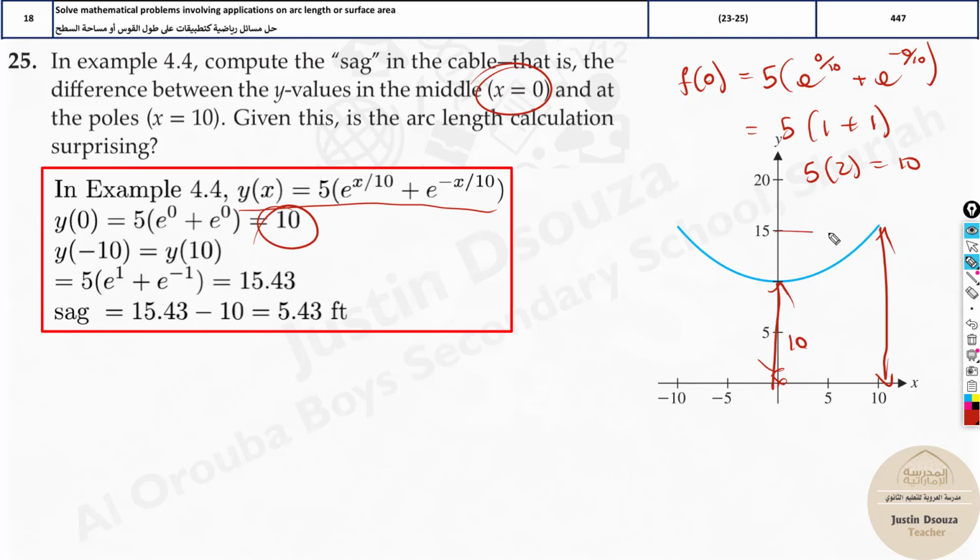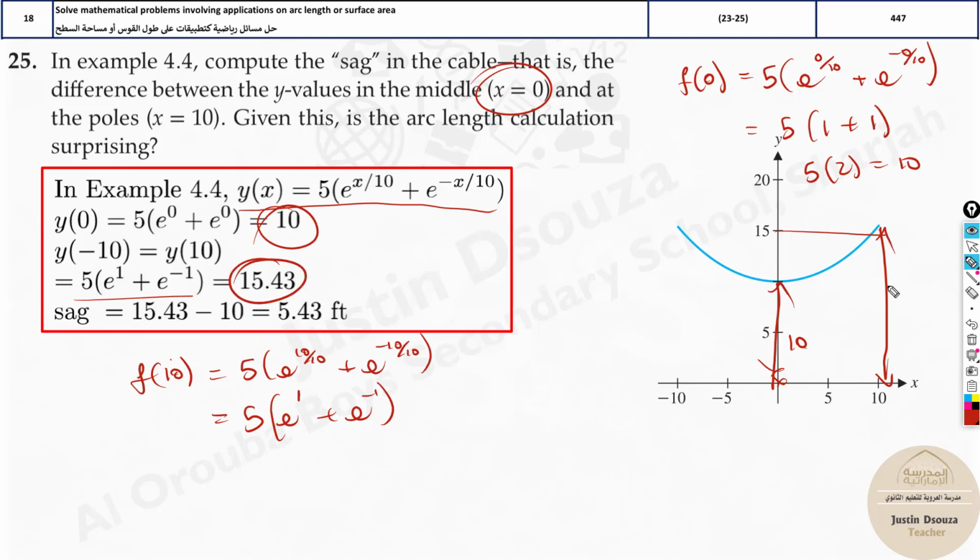So we can see it's about 15. So the sag is about 5. But no, it's not 15, it's 15.43. So we need to find it again accurately. So now what we do is f of 10. Same thing, instead of x, I have to just substitute 10. Now here it will be 5 times e to the power 10 by 10 plus e to the power minus 10 by 10. And over here, what's going to happen? It's going to be e to the power 1 plus e to the power minus 1. You just have to put this entire thing in the calculator, and when you solve it, you'll get this answer,